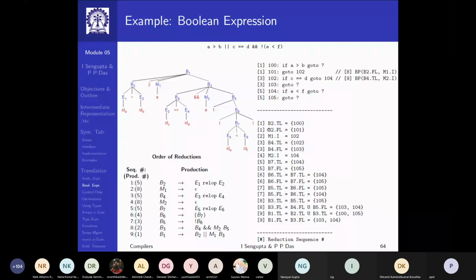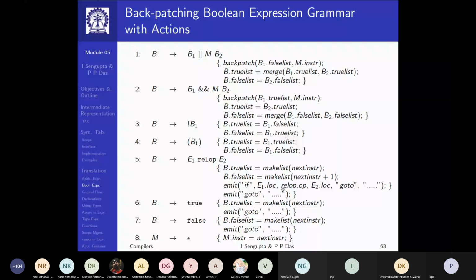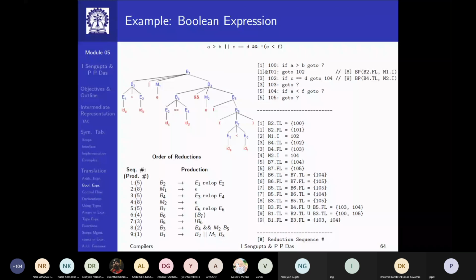So if I start with this production, which is reduction by this rule, then naturally I have to generate a pair of if and goto, and generate two lists. So that pair is generated here with A greater than B, goto. Now, do not think that 102 is there right now.